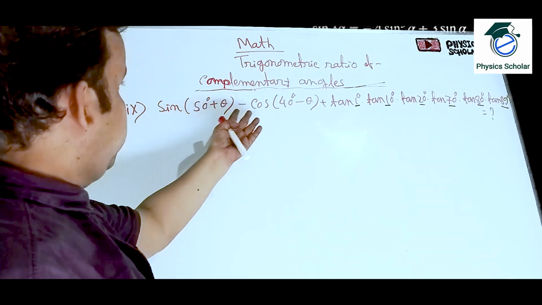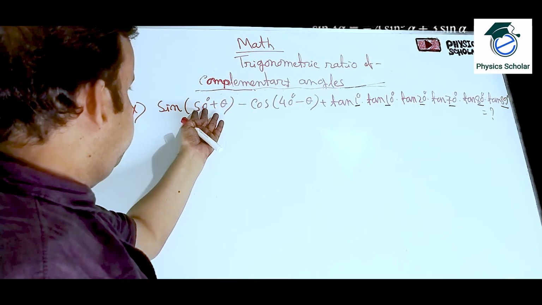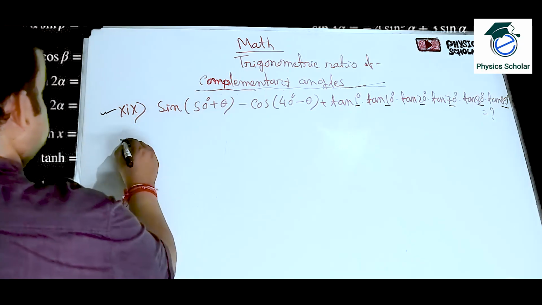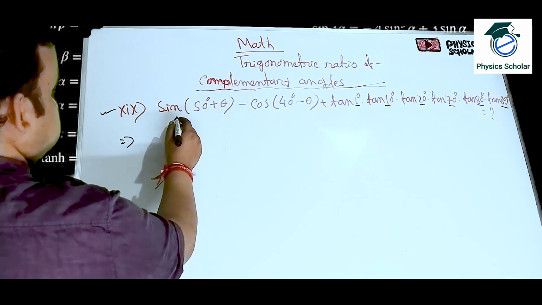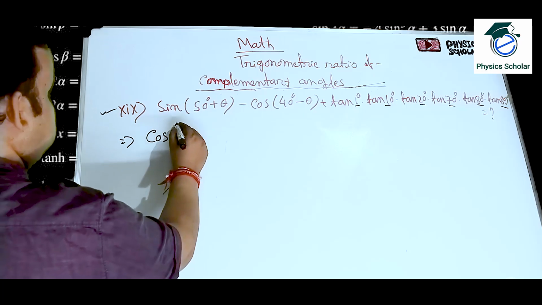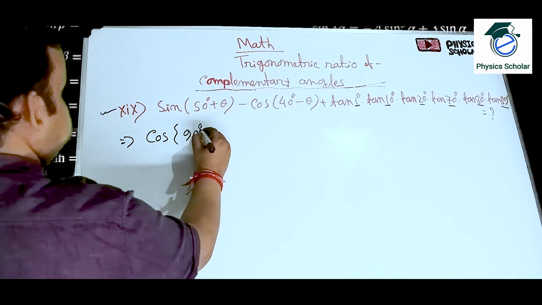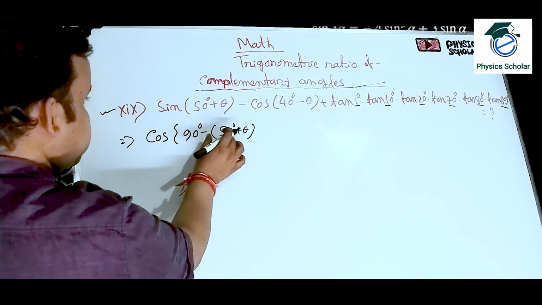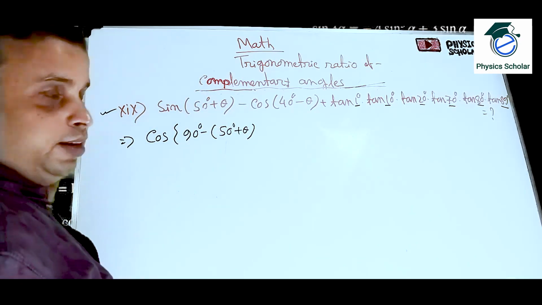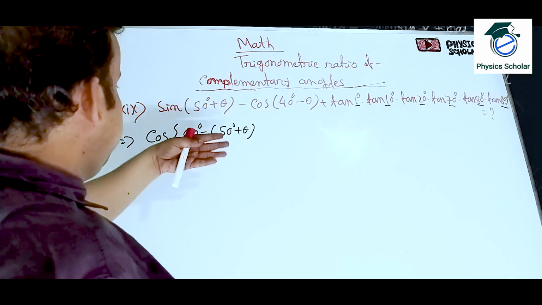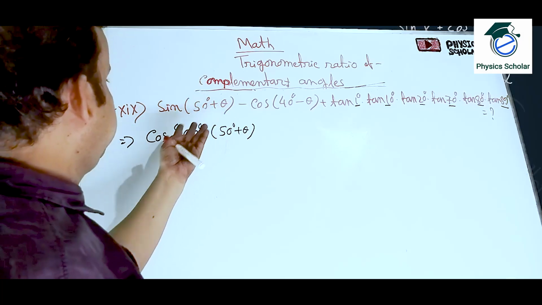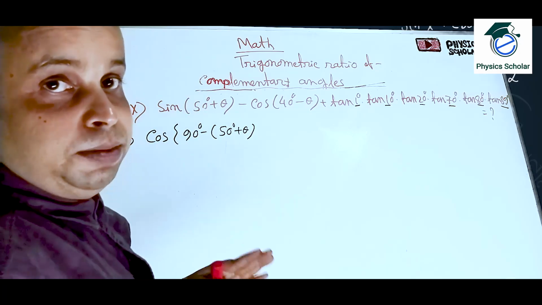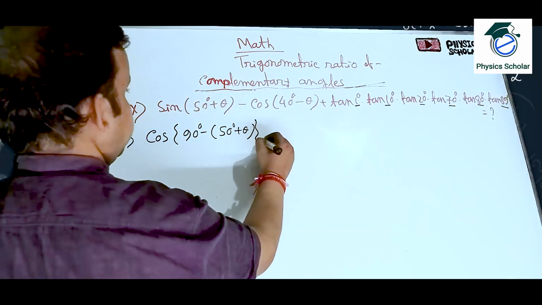But here we cannot find the complementary because 50 and 40 is 90. So how can we write here? Sin of 50 degree plus theta means cos of 90 degree minus 50 degree plus theta. So cos of 90 minus theta means this. Clear? So a little bit different way we are expressing. That means sin theta, sin theta means 50 degree plus theta here. Okay. Minus cos of